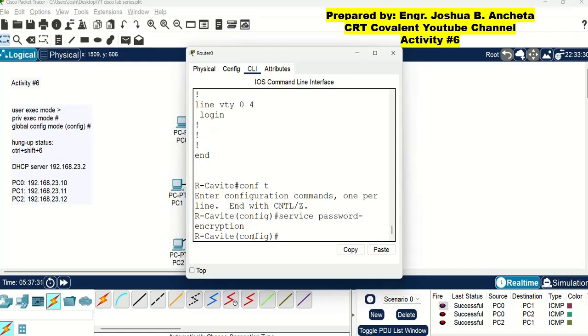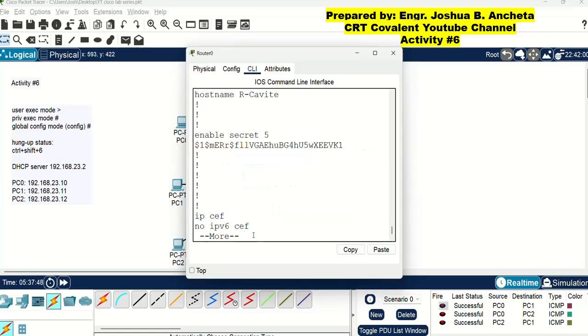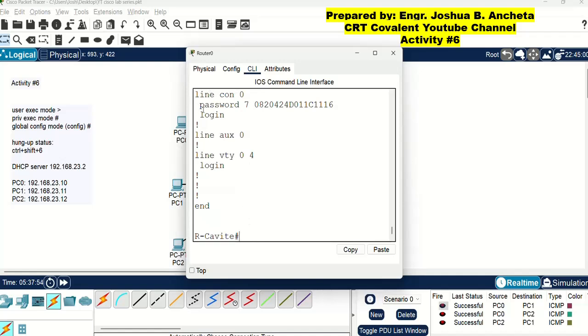So let us check. But before that, we have to exit. If we have the number sign mode, that is the privilege executive mode, we can use the show run command. And let us check if the password is now encrypted. Okay, the password is already encrypted.